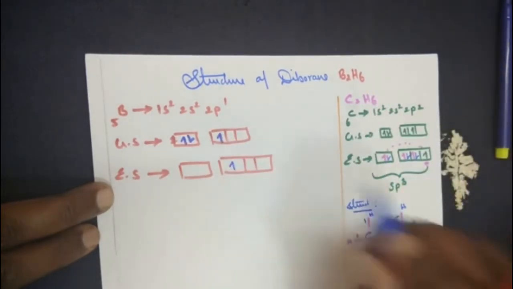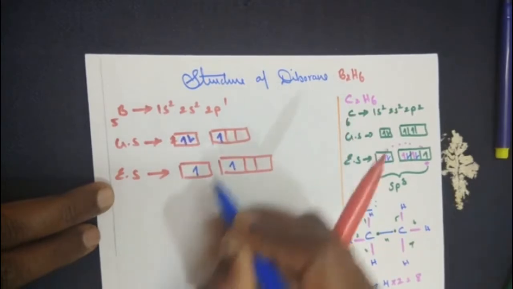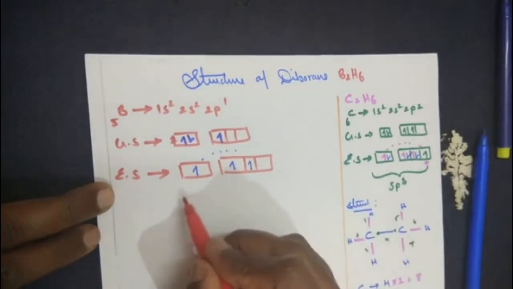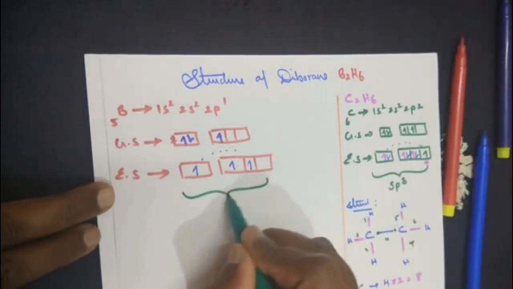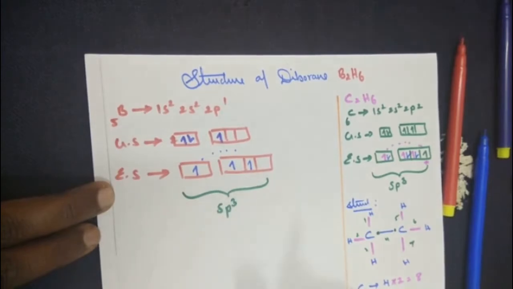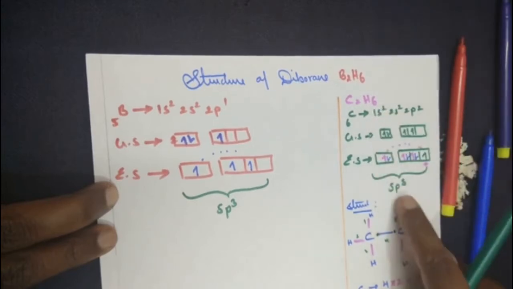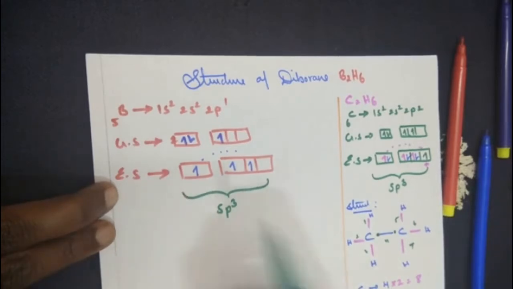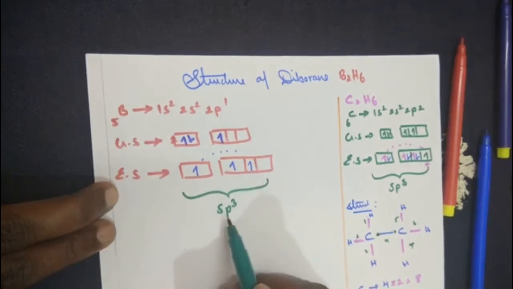This 1 electron will come as it is. From the 2s2, 2 electrons, 1 will remain, the other one will move to one of the empty p orbitals. But the proof here is that diborane also gives us sp3 hybridization. You have a proof here of how in the ethane molecule, carbon makes a way for sp3 hybridization. But in the case of boron, you have only 3 half-filled orbitals and 1 empty orbital. But the proof is that they do form sp3 hybridization.